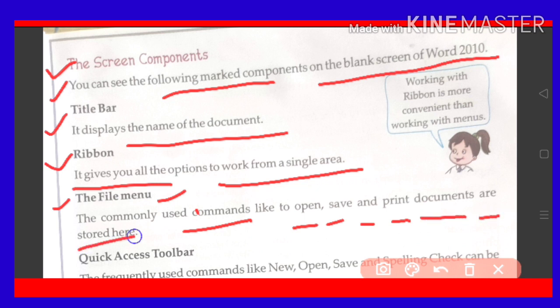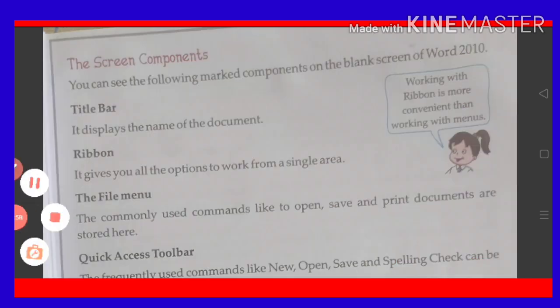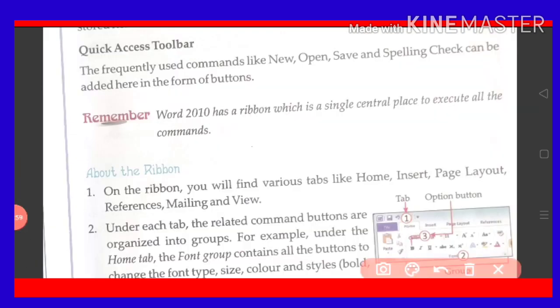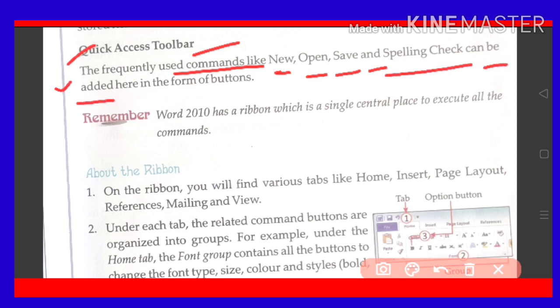Now the quick access toolbar. The frequently used commands like new, open, save and spelling check can be added here in the form of buttons.